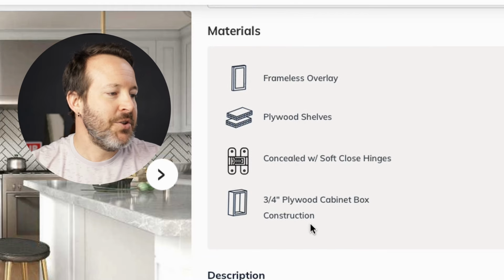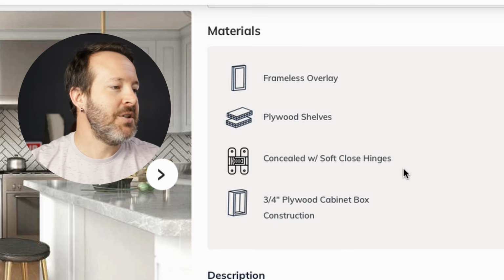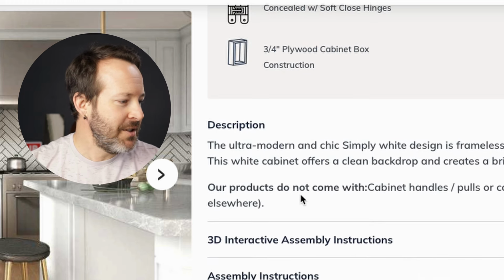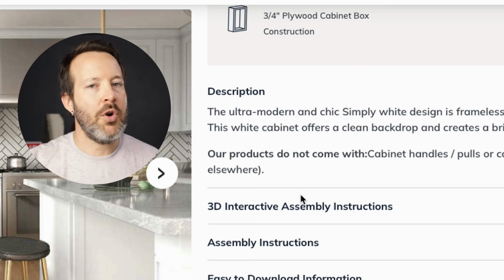of shocked by that price point. I thought it was rather high. So more on that in just a minute. The cabinets, as you can see, are a 3/4 plywood box construction. They have concealed soft close hinges, plywood shelves, they're frameless overlay. And other than that, it's hard to determine anything else in terms of quality, but a 3/4 inch box is